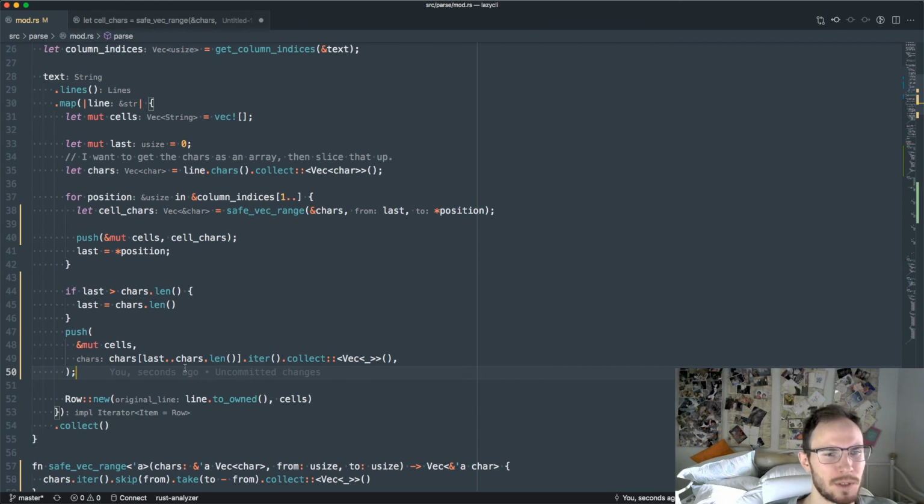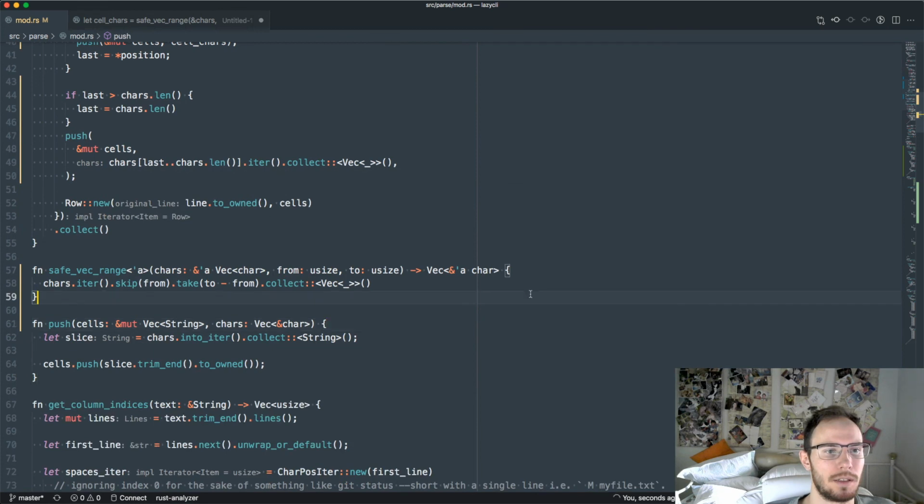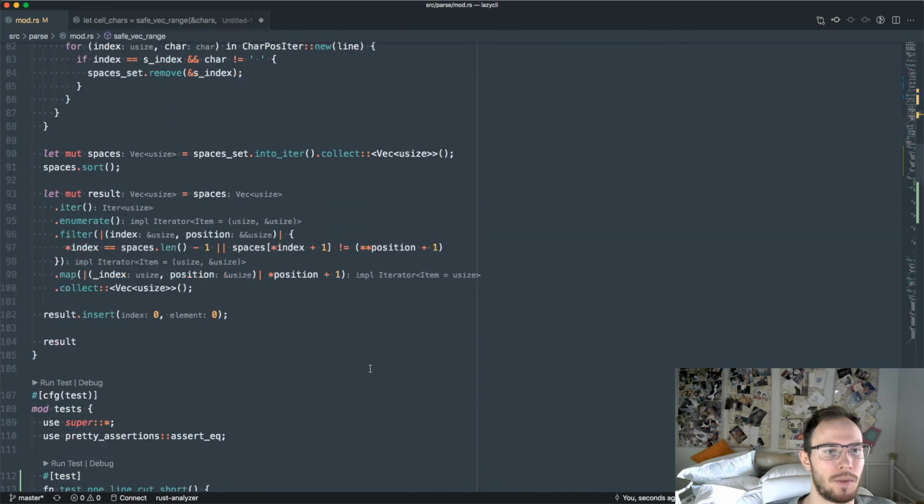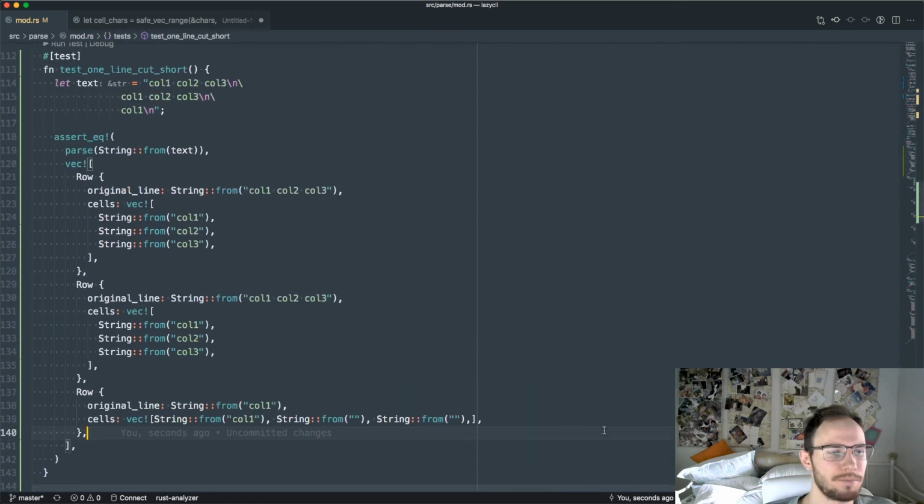This whole thing feels kind of wrong though. Like, it feels like there should be a better way to just kind of iterate through here without having this weird final step to go and get the last thing. I guess it's just saying that if you've got extra stuff at the end, put that in the final column. But I am happy with that. So, yes,